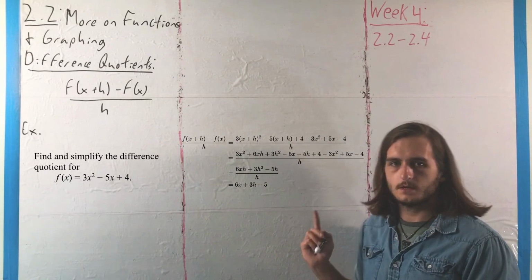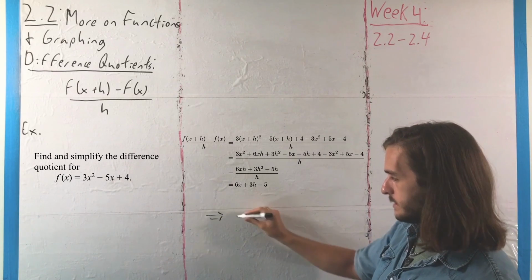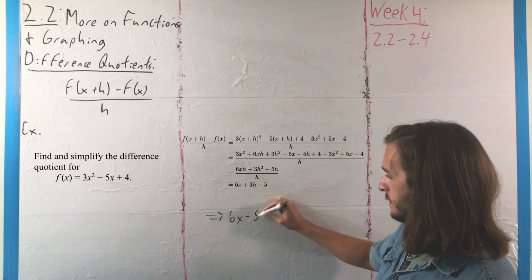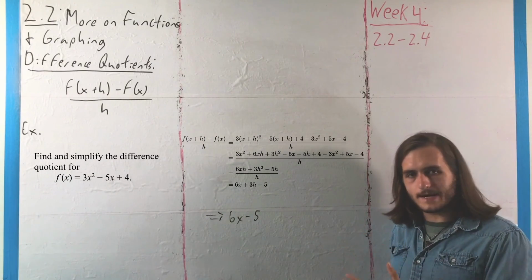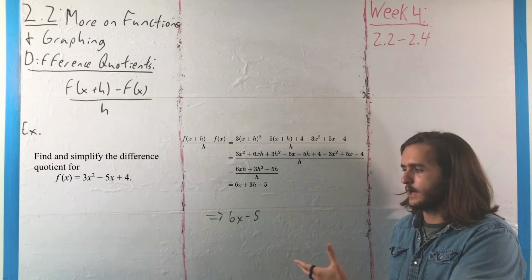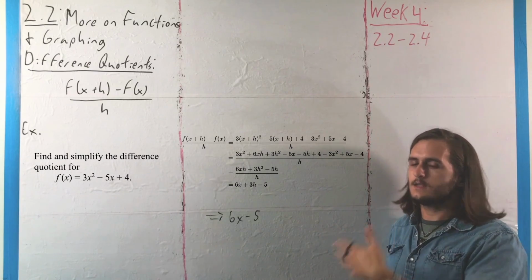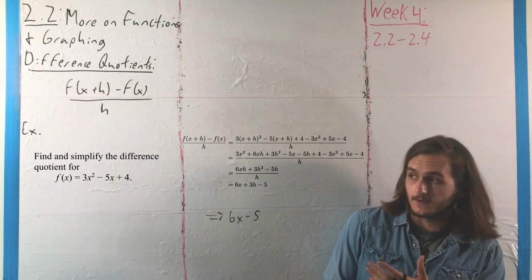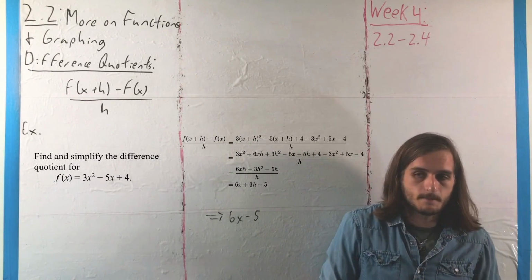But at this point, at the end, if we make h equal to 0, then we would end up with something manageable, something like 6x minus 5. And that might not seem like much, but that's actually a very vital value, as it would describe how much our function is changing at any point along its curve. It describes a thing called a derivative, because what we're doing right here, getting this value down at the bottom,